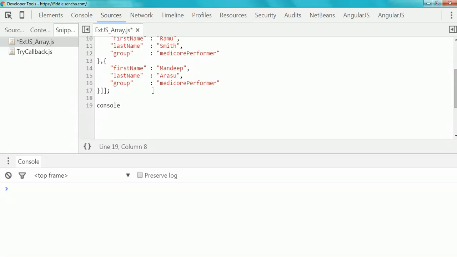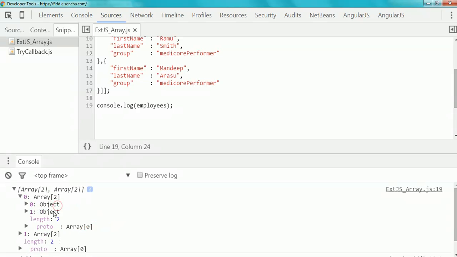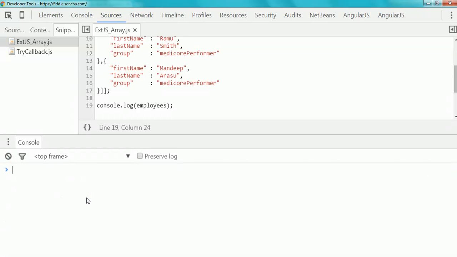Let us check this console.log. Let us try this. So it has two arrays, and each has two objects in it. It is grouped based on the performance. Now I don't want this to be grouped. I just want to put all these collections into one category for some reason. Then what you can do is you can just do